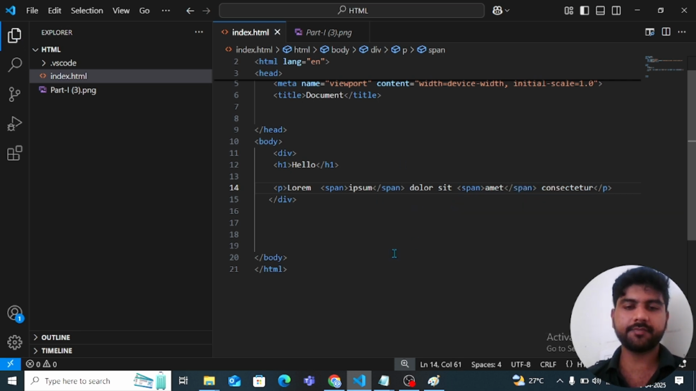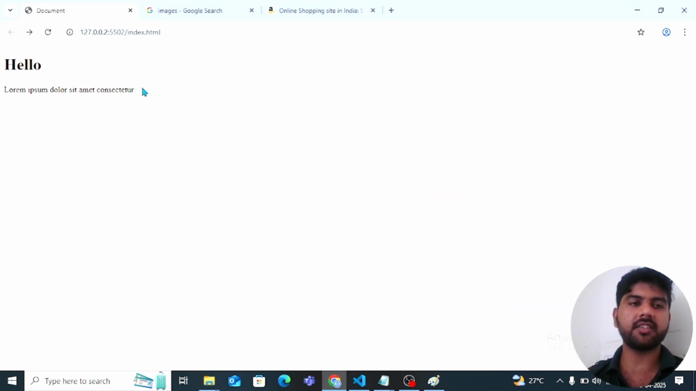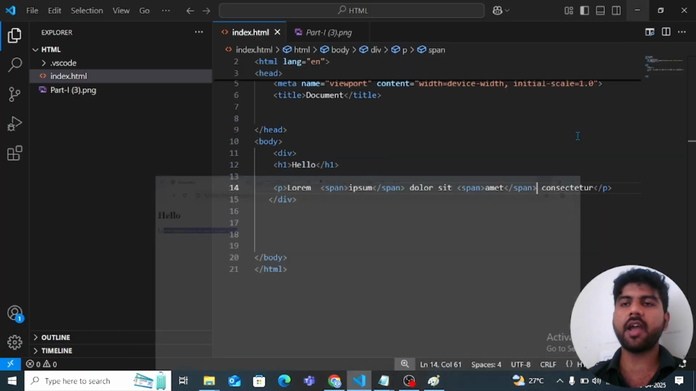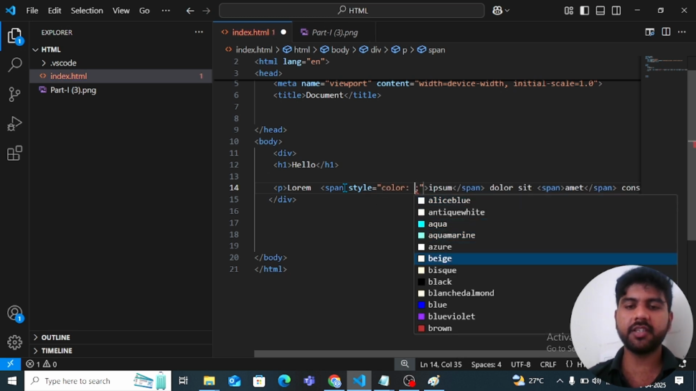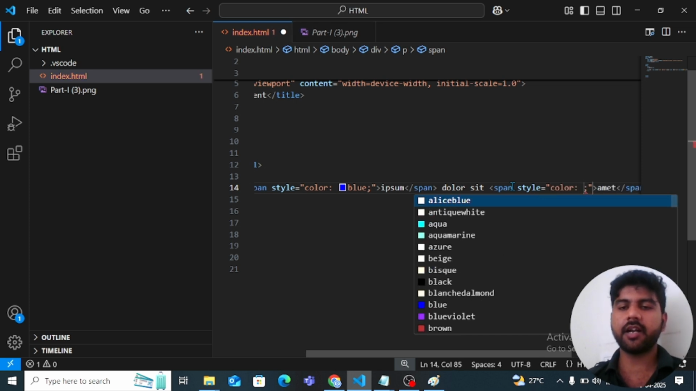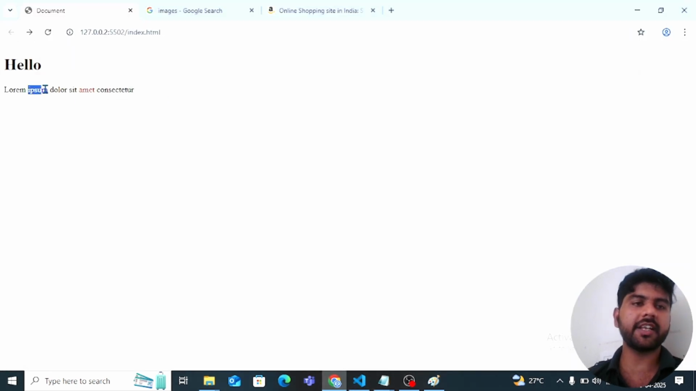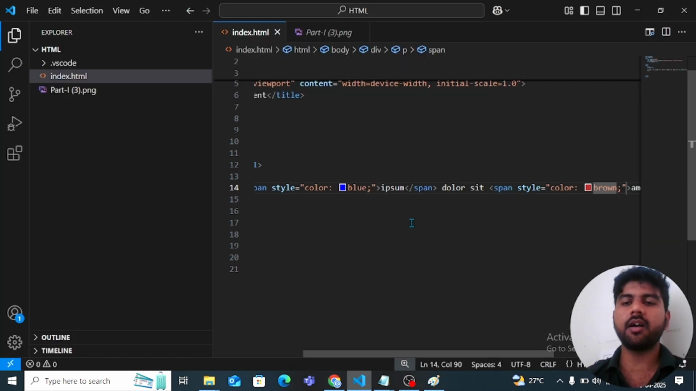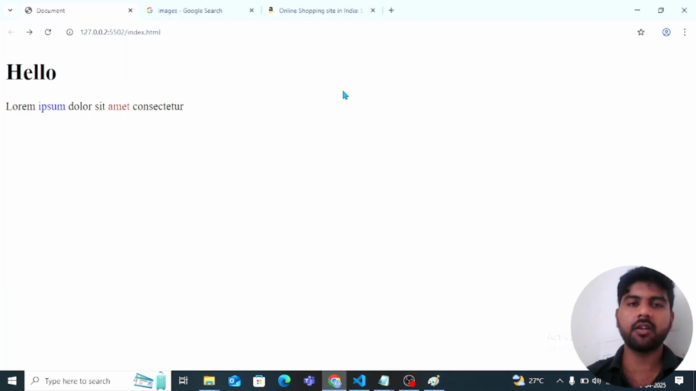Got it? When I go back, you won't see much difference, it is printing the same as the other text. Now I would like to highlight this with blue. Just add a style attribute and add the color, blue. Here also include a style attribute and add the color brown or red. I'm using brown. Going back, you can see this text got highlighted with blue and this text with red. This is how we can use span for specific highlighting and designing purposes. When I inspect the span,